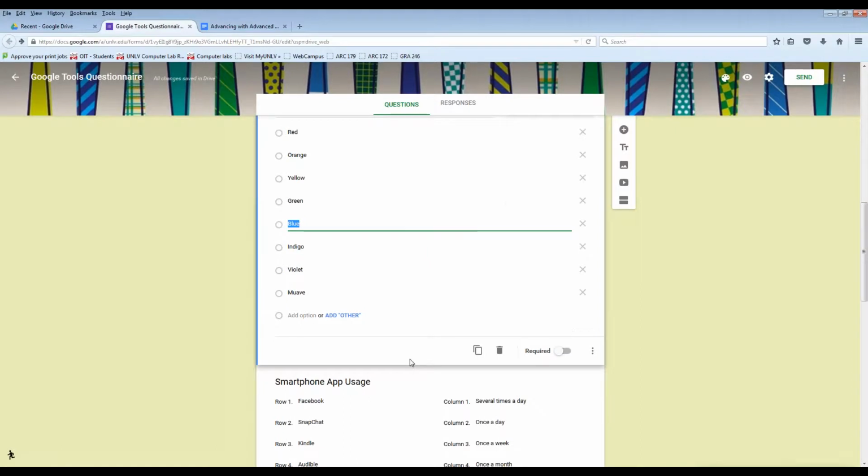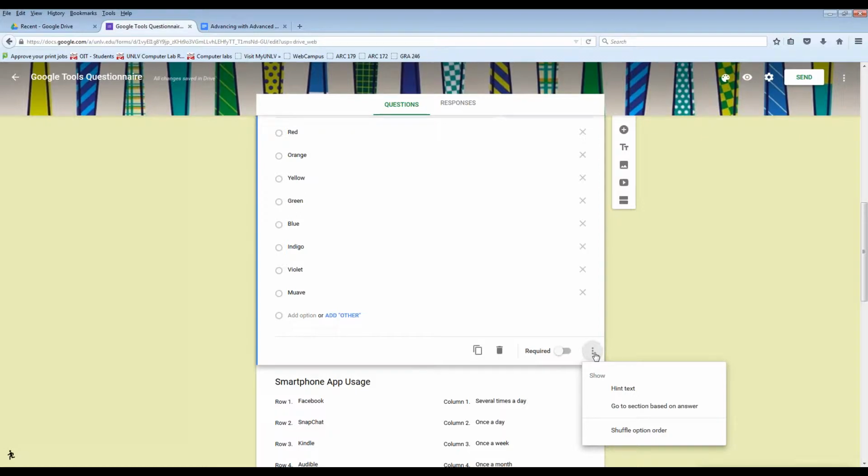One last thing before I go into the preview. That reminded me of, like I said, these can be kind of subtle. So notice each question has a few options. You can, of course, trash it. You can copy it. You can make it required or not required. But it's also got their little vertical ellipsis here, which Google's using a lot now for settings. So you have some additional options